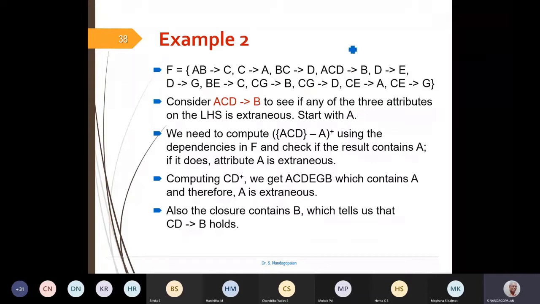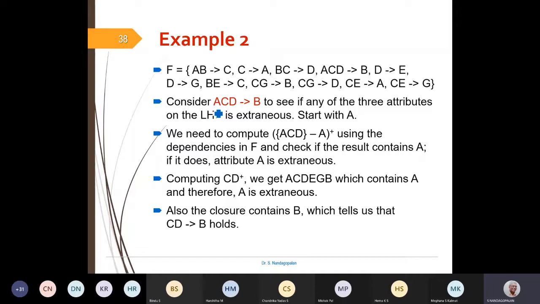Okay, so here we have a bit more complicated one. We have many FDs. This is also a very famous example which many people talk about. Here I'm not going to talk about finding the minimal cover. This example will just demonstrate whether there is an extraneous attribute in any FD.